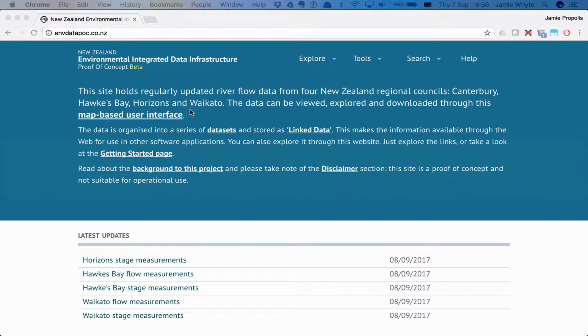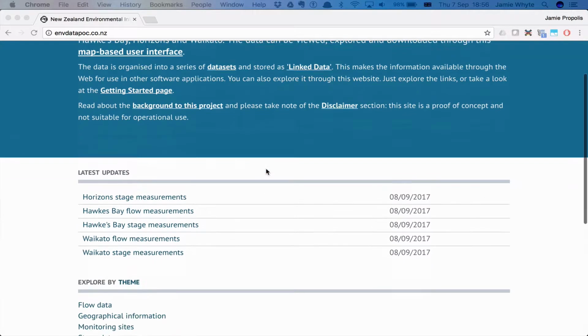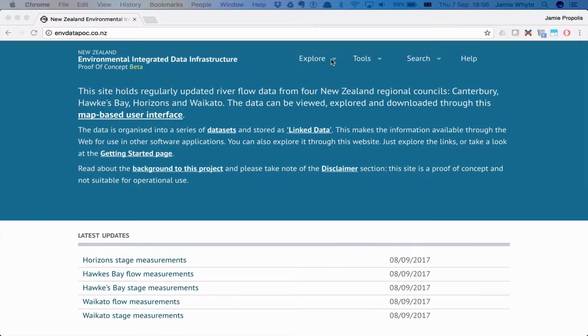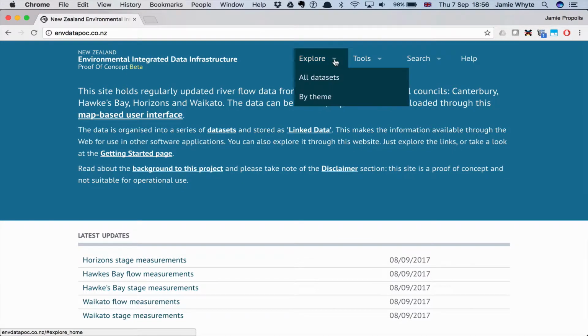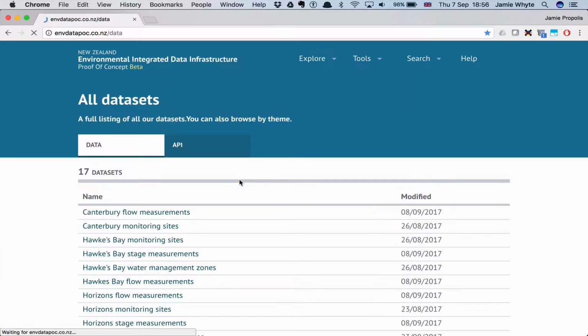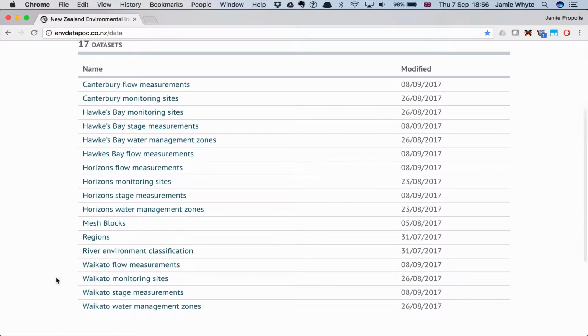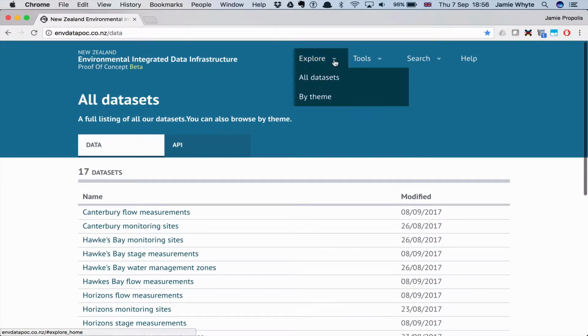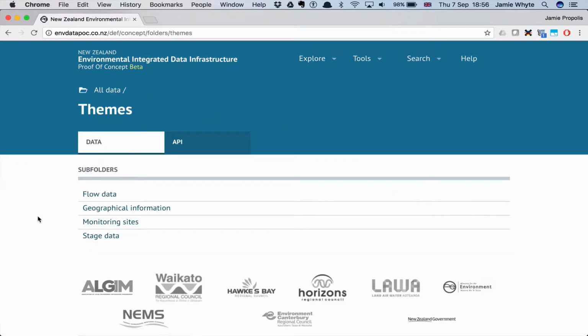To go with the Publish My Data platform of the proof of concept, we can explore all datasets on the site. So by clicking all datasets, we can see all the datasets that are on there. We can also organize them by theme. So by selecting themes and then, for example, flow data, that will tell us all the datasets that we've got